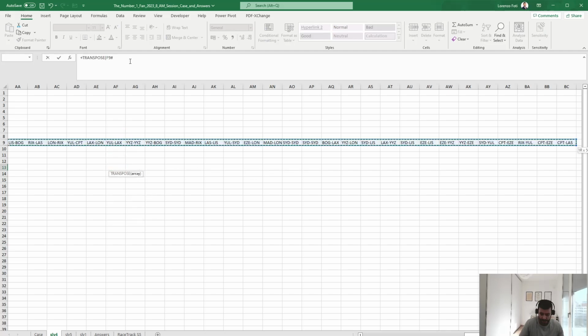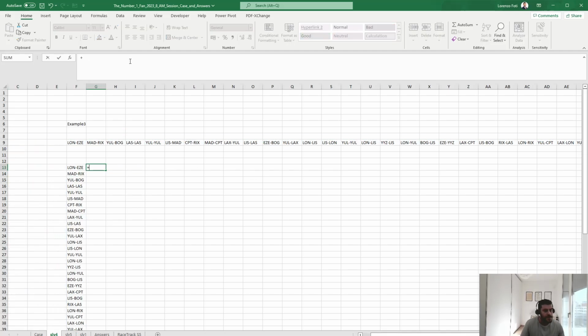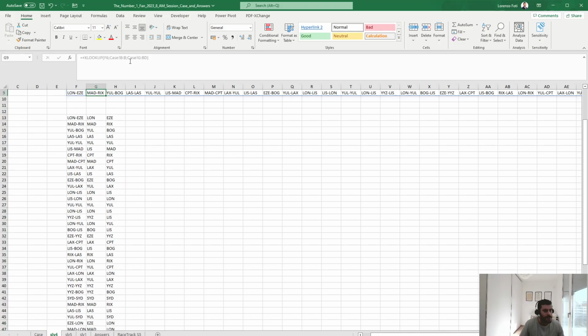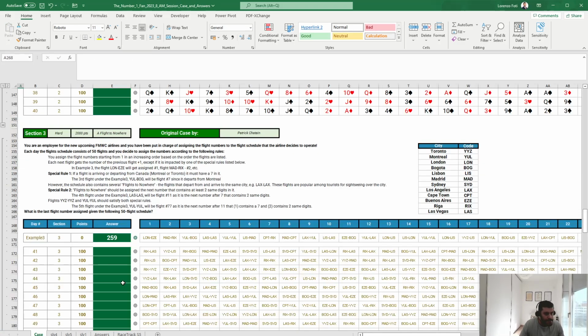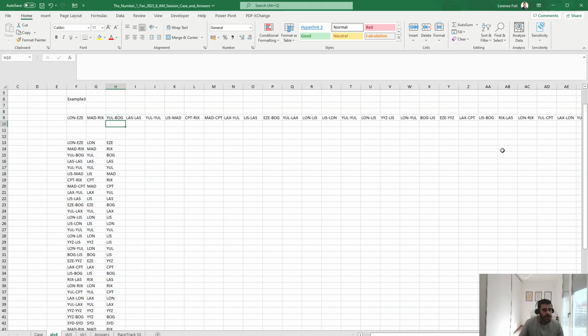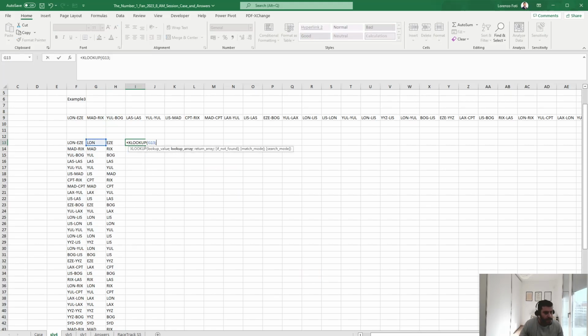So it will be a transpose of this, and I'm going to text split based on the dash. Okay, great. So Canada will be those ones, and nowhere is the other rule. Montreal or Toronto. Okay, so X lookup of this